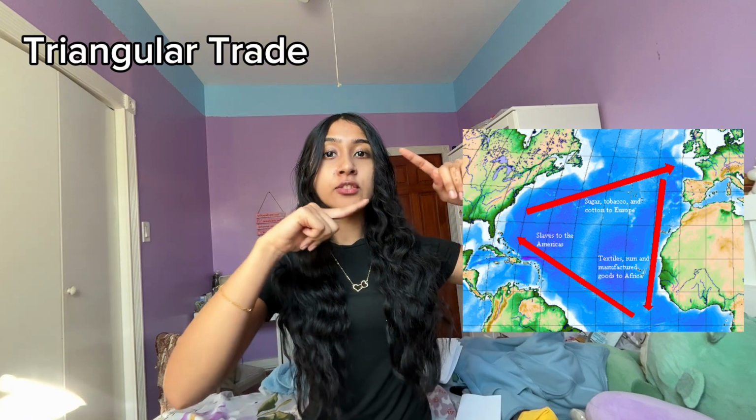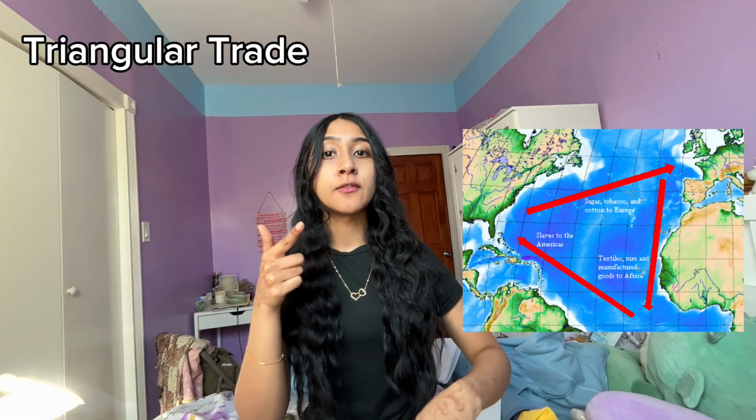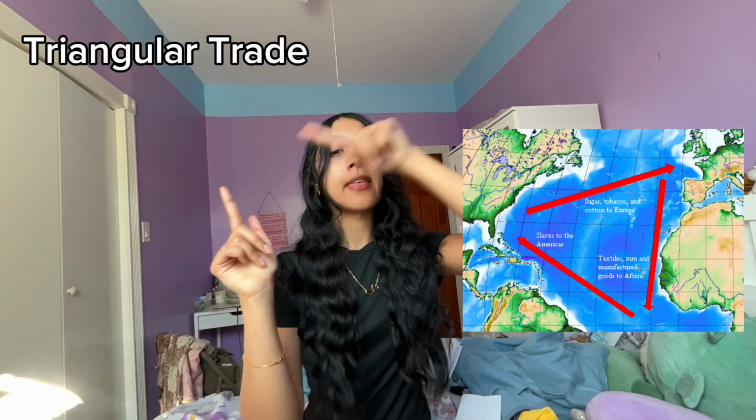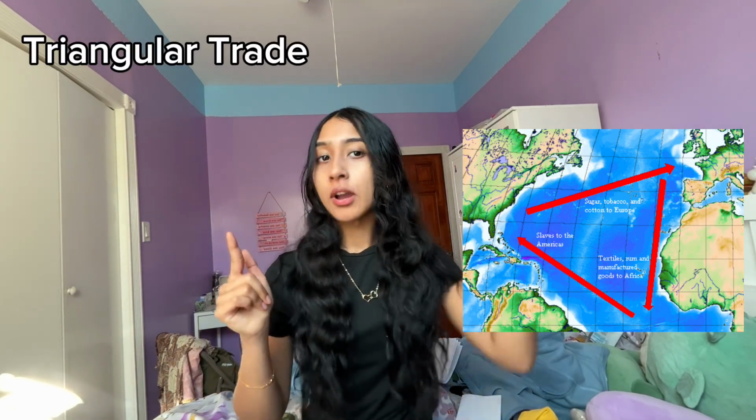Now, moving on to the transatlantic trade, one of the major trade systems was known as the triangular trade. Basically, New England transferred rum to West Africa, where rum was traded for enslaved Africans, who were transferred to the West Indies via the Middle Passage. And then the enslaved Africans were traded for sugarcane, which was transferred to New England to be distilled into rum. And then it just kept going in that triangle.